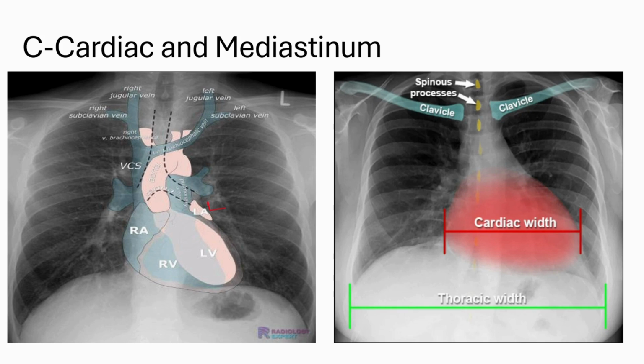So how do we see the heart shadow or heart size? This is measured by the maximum width of the heart and the maximum width of the thoracic cavity. So the heart size is divided by the thoracic size. It should be less than 50% in PA view, whereas less than 60% in AP view. And different heart chambers make impressions over the lung. So pathology of the heart can also be visualized in the chest X-ray.